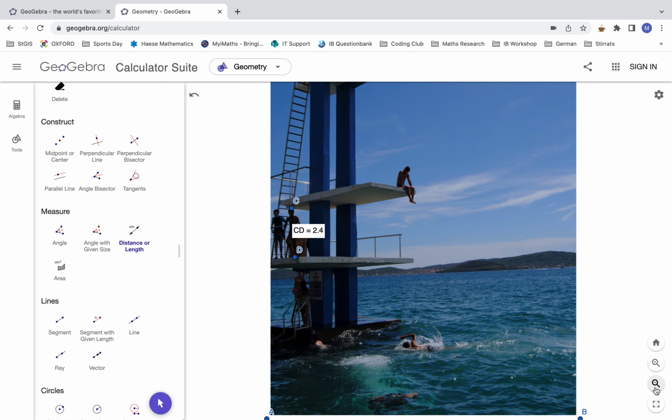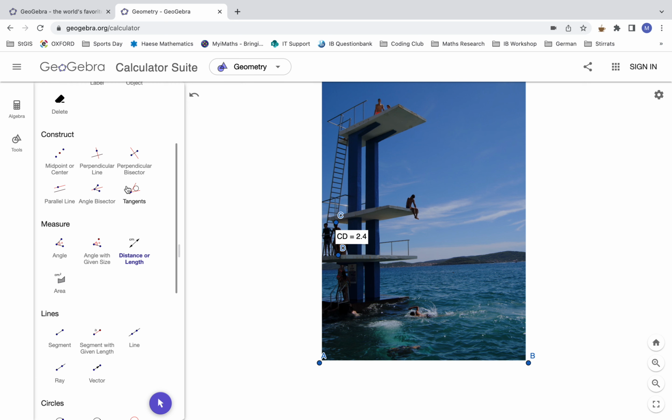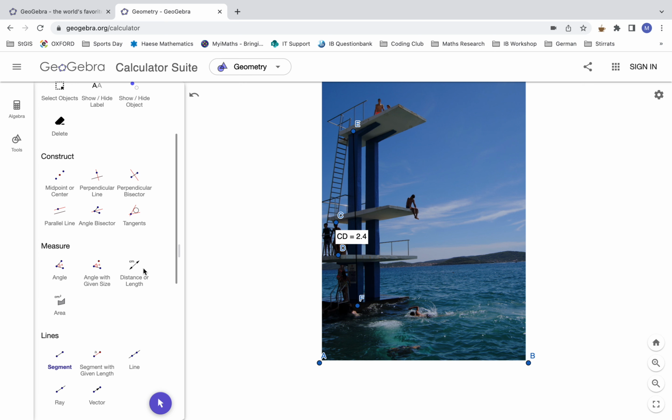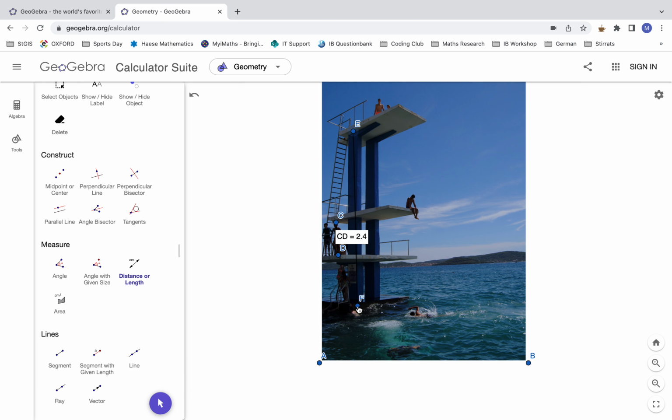Now let me just zoom out a little bit so I can see the full height of the diving board, and I'm going to go back and put on a segment again. It's hard to know exactly where the top of the board is, and do you measure from here down to the water, or do we measure from here down to the water? So depending on where you're measuring from will affect the accuracy. And let's go for the distance from E down to F. There we go. So we can see, can't we, 12.9,